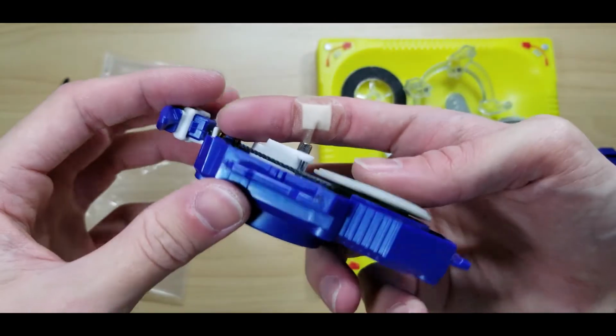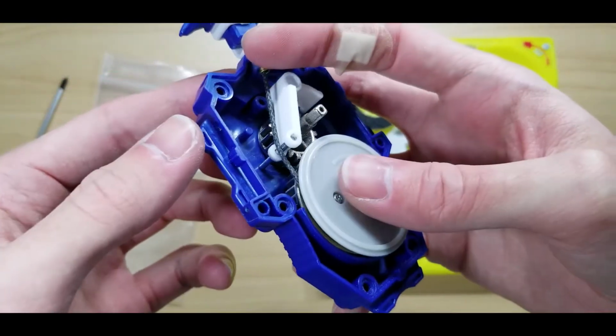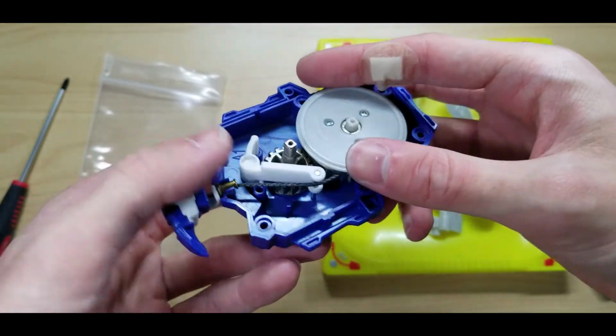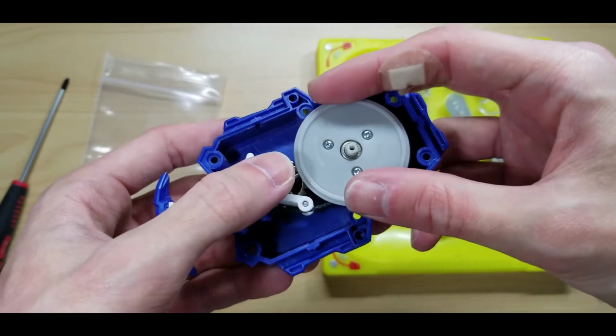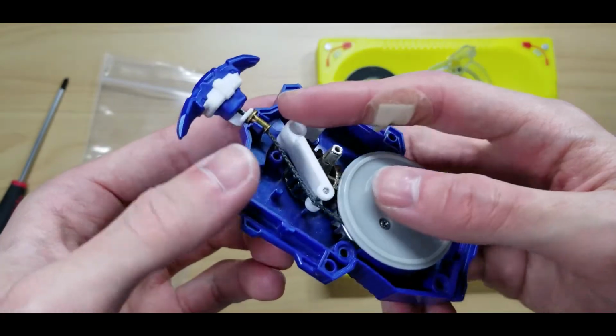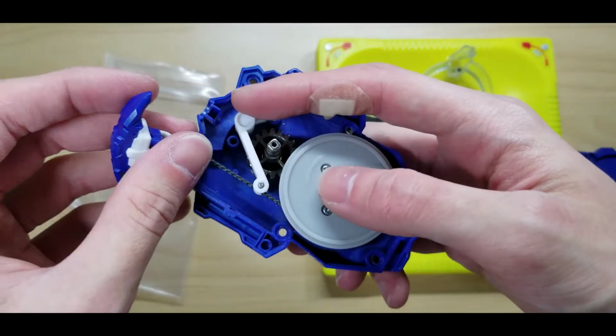The metal gears, these came out pretty well, but sometimes they can be a little sticky. And what I mean by that is when they rotate, they don't always want to turn very freely. And so that will mean you'll have to break them in. But these came out pretty well. As you can see,